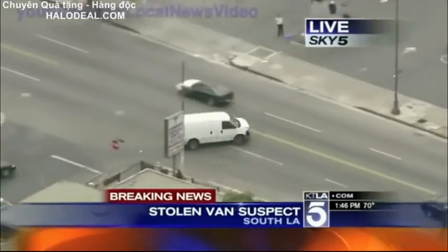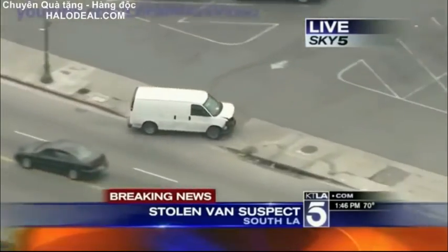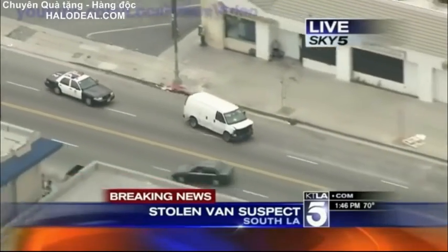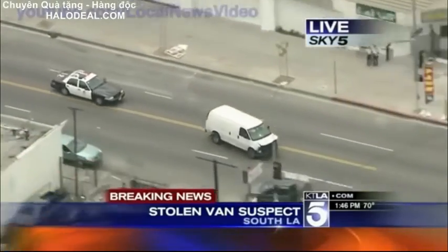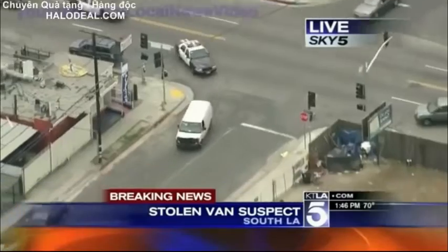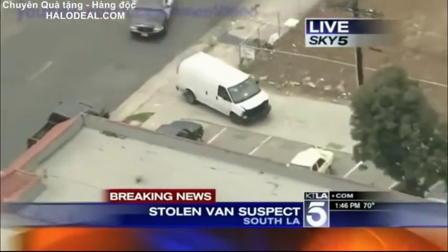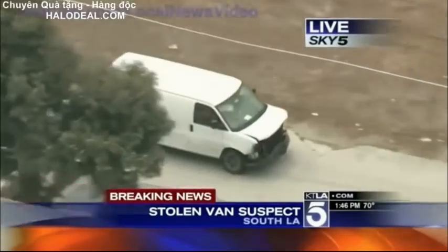You see those people running back there? Now, oh, look at that. Again, on the wrong side of the street. I'm wondering if he did make contact with that spike strip because he seems to be really out of control at this point. Well, I don't see the tires, but the tires aren't smoking. You don't see the tires smoking, so...